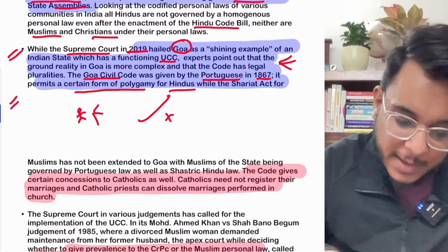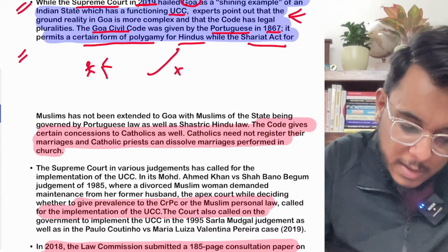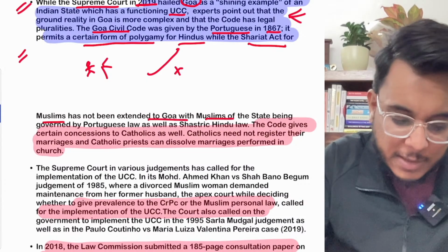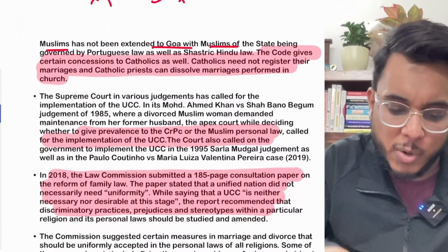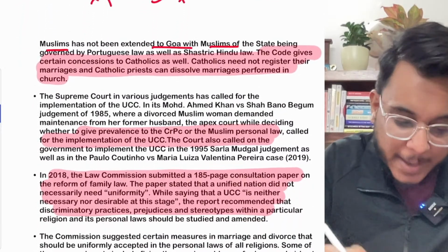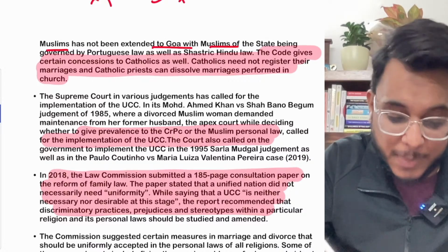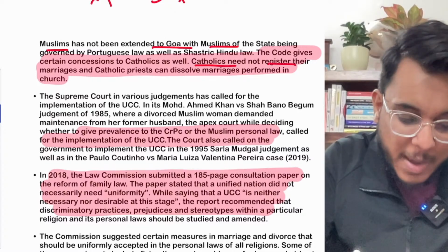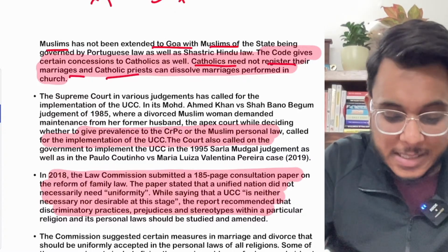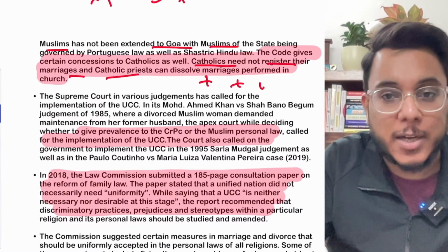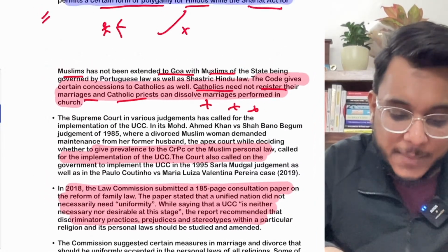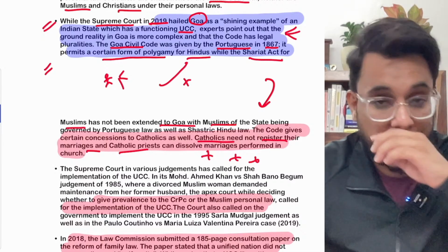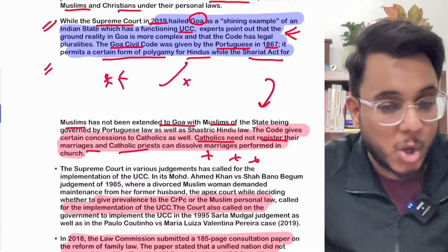After that, when we talk about the Shariat Act of the Muslims, it has not been extended to Goa. But at the same time, certain preferences have been given to the Catholics. Catholics need not register their marriages, and the Catholic priest can dissolve the marriages performed in the church. So what is happening here? The Catholics are given the preference that they don't need to register, and the marriage can be dissolved